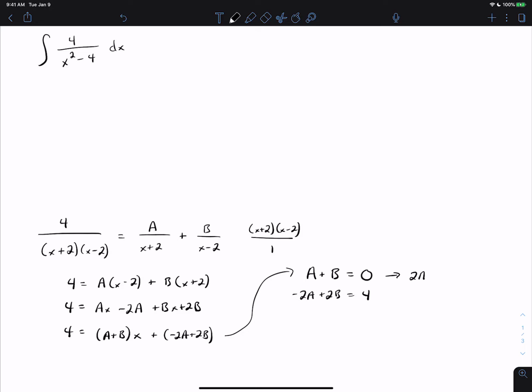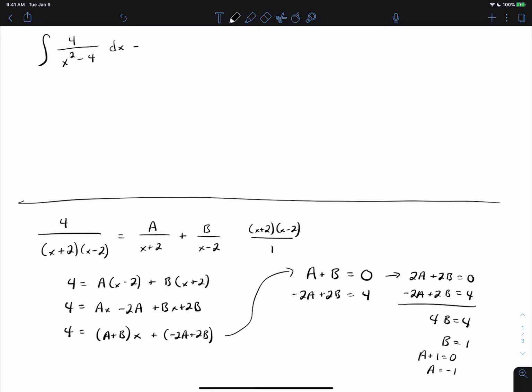I'm going to multiply the top by 2 so that I can get the A's to cancel out. So if I now add these, I get that 4B is equal to 4, which means B is 1. A plus B is 0, so A plus 1 is 0, which means A is negative 1. So I use that process to come back up to the top and rewrite this as negative 1 over x plus 2 plus B over x minus 2, so 1 over x minus 2